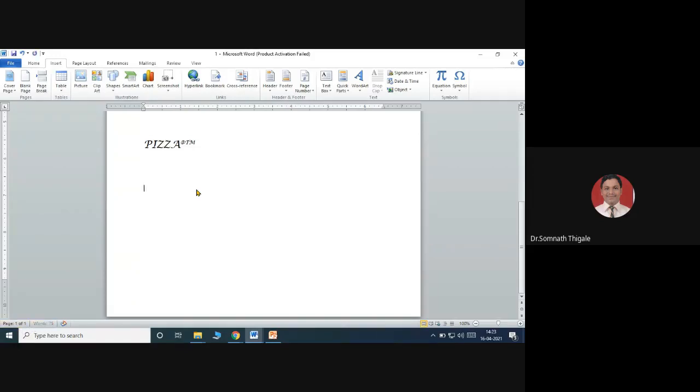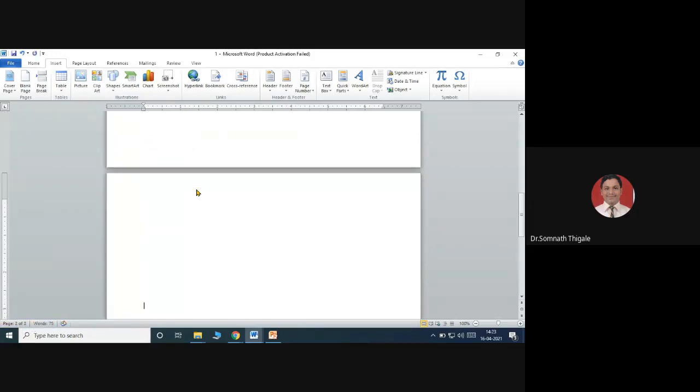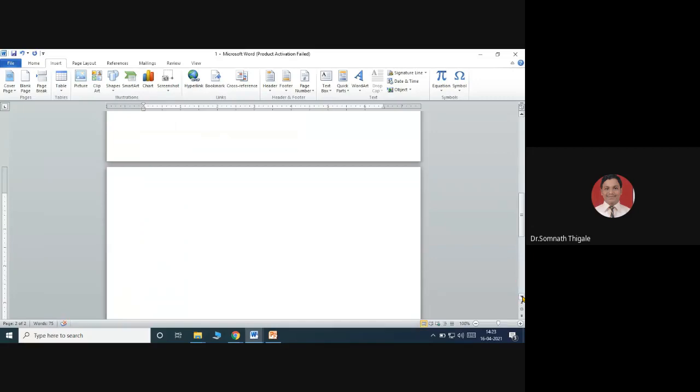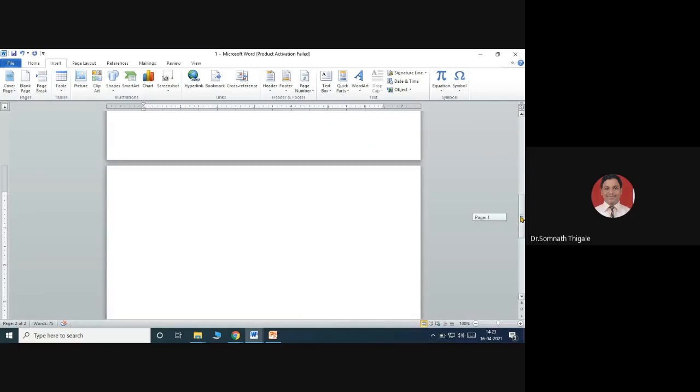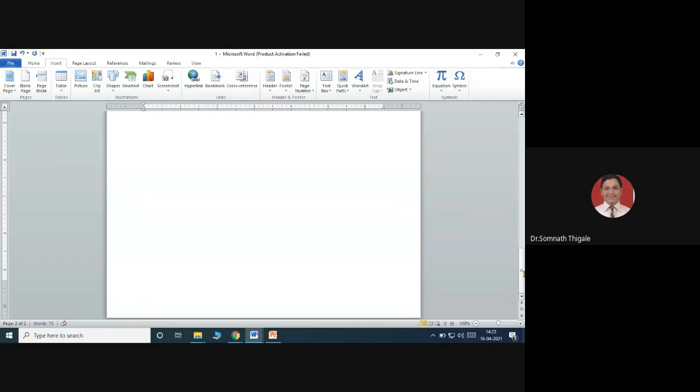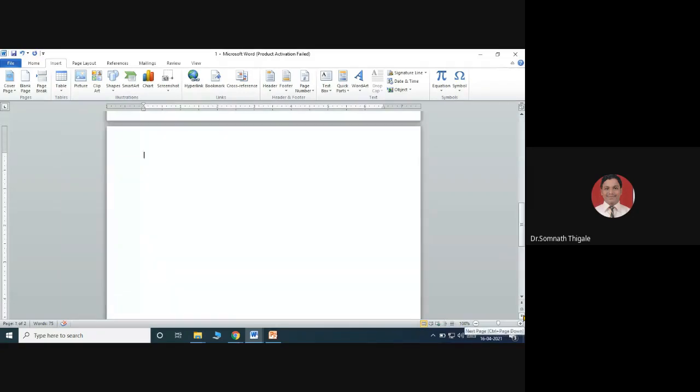If I add one more page here, you can see the options appear. You can move line by line with the help of the scroll bar, but if you want to jump directly from one page to another, you can use this option as previous page, next page. This option is available over here.